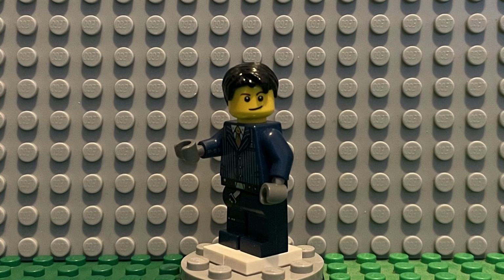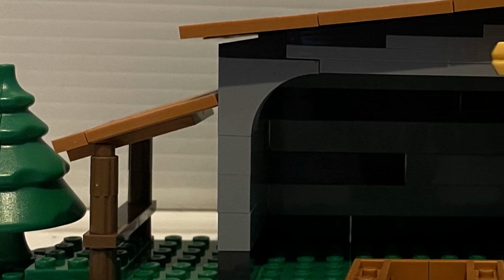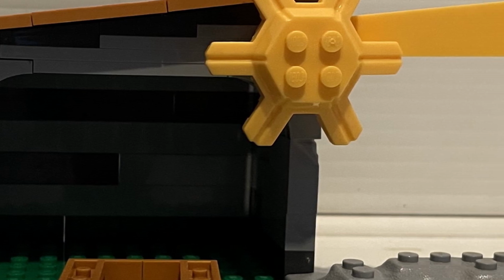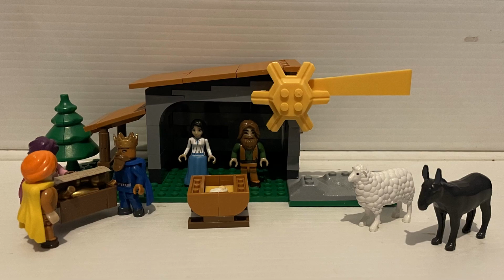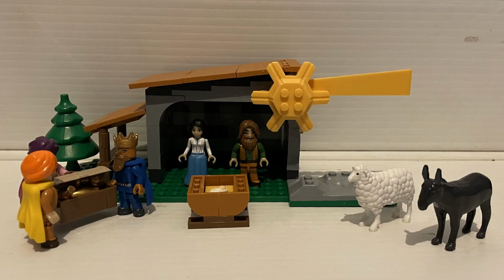In our first category, we'll be comparing the builds. Starting with Kobe, despite being the one with the second most bricks, is the smallest among the group. It's probably the most accurate to the barn during the times, but being a small set means all the other pieces aren't able to connect to it. The wise men, the animals, and the shepherd can't all fit in the area. And neither the baby Jesus nor crib can even connect to it, so moving it from one place to another is